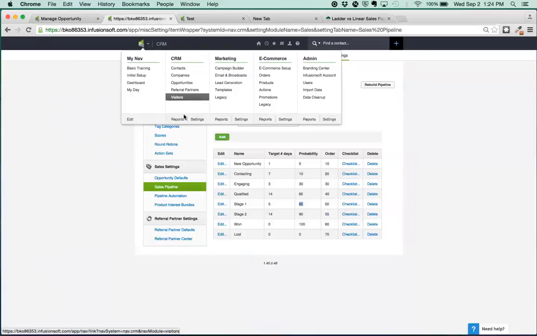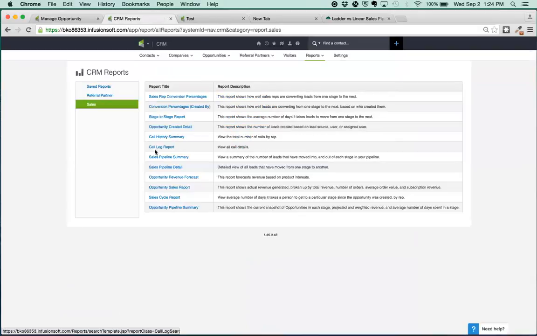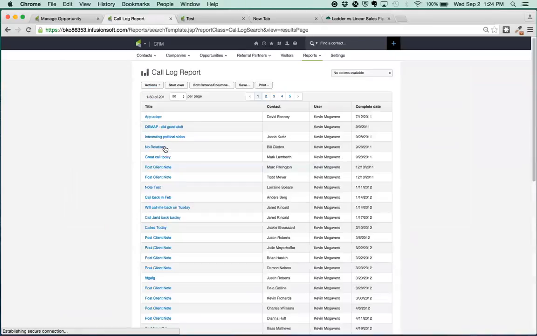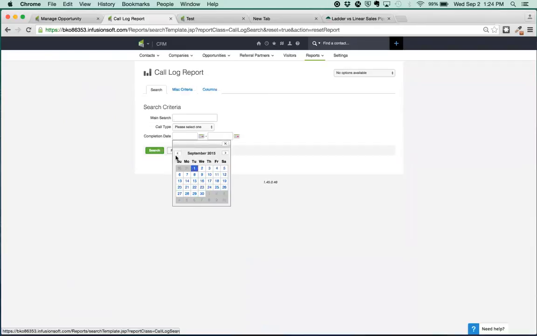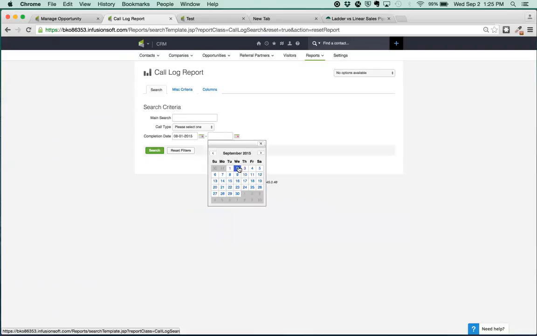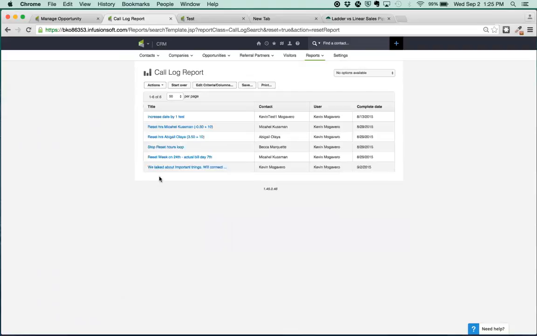So under CRM again, reports. There are a lot of good sales reports here. One of them is the call log report. So when we do this one, we can hit the start over button, and we can say, okay, let's do all the reports from August until today, and we want to do the call reports for just me. All right, we hit search, and this includes all the calls that I've